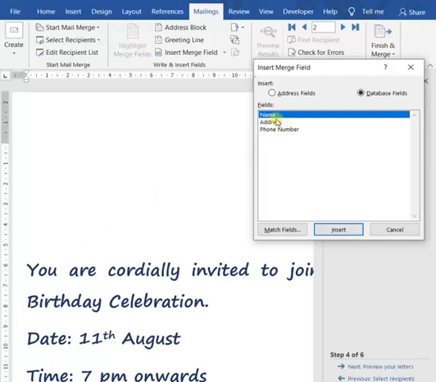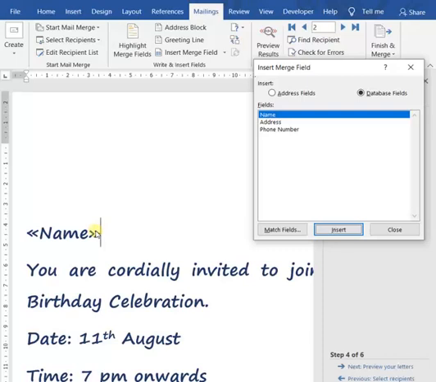So it is not mandatory to select all the fields. If I want only the name to be inserted in our document, I can select only the name. So first I insert the name, I have selected the name, click on insert. See, my cursor position was set here, so now the data source field name has been inserted here.